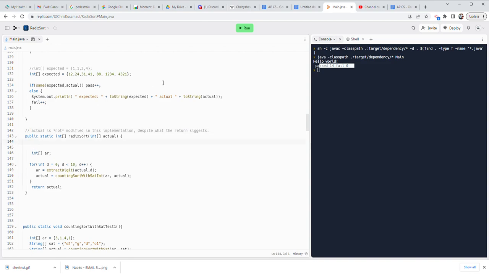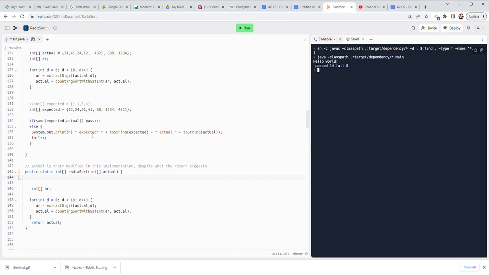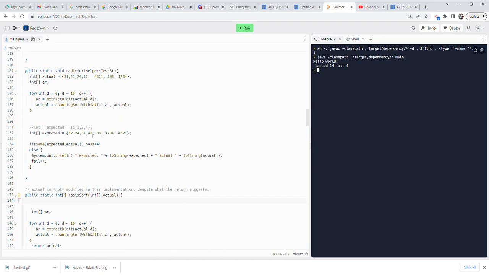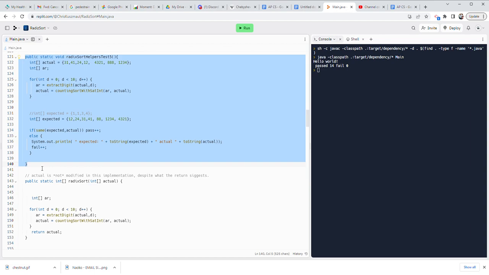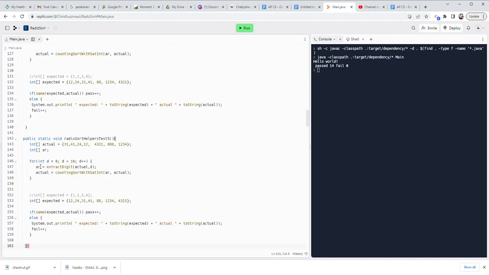So again, let's see if our current code runs. It runs. RadixSort is not invoked. We need to implement RadixSort test 1, which is going to be a lot like RadixSort helpers test 5. So we'll go ahead and take RadixSort helper test 5, copy it,